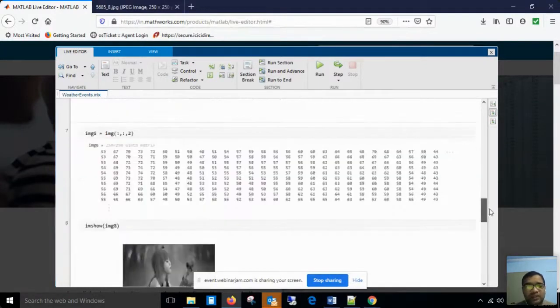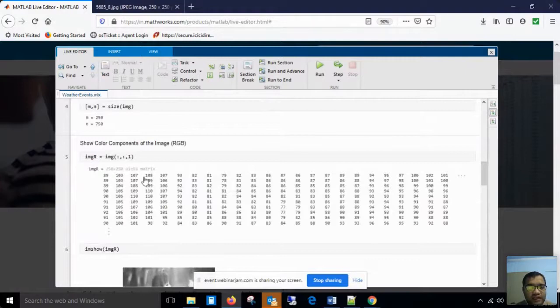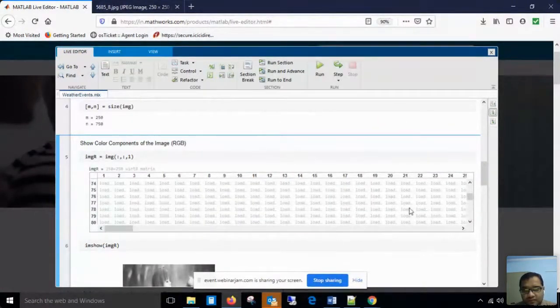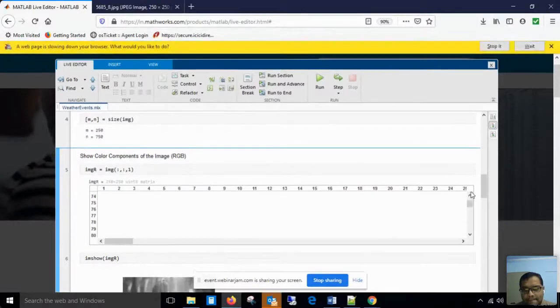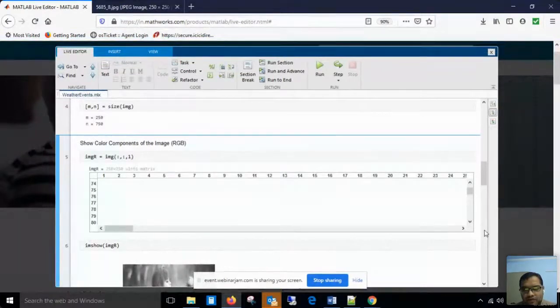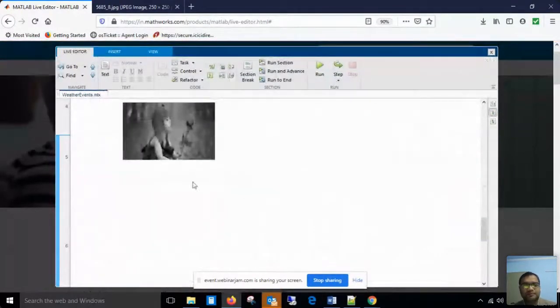So the values will range from 0 to 255. You can see, especially in the first component, that values are like 89, 101 and so on, right? So these values can be seen here. Taking a lot of time. Okay, no problem. So these values can be looked at in this matrix. By looking at this matrix, you can see the various values. But for this particular case, the grayscale value will range from 0 to 255, right?